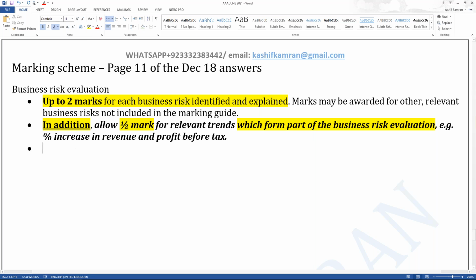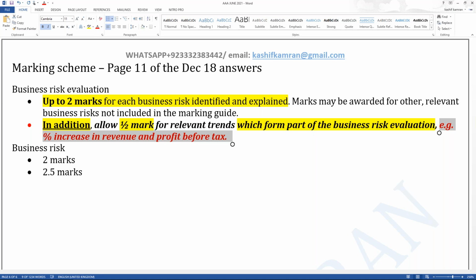So can there be a business risk which is worth 2.5 marks? Can there be a business risk for 2 marks? And can there be a business risk for 2.5 marks? Do you agree with me? No, there is no materiality in the business risk, right? The examiner is giving you examples, Sanjay, and still you're making a mistake. See this example given by the examiner: a percentage increase in revenue and a percentage increase in profit. I hope you differentiate between a trend and a materiality. Materiality is used for audit risk and risk of material misstatement.